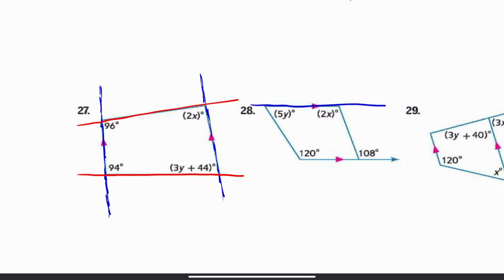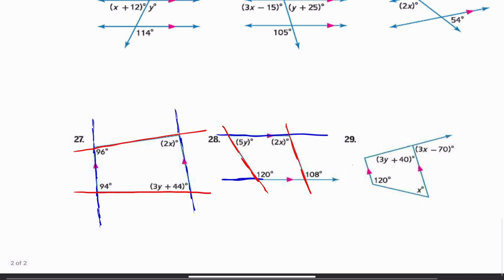So here are your parallel lines. And then it's going to be cut by 2 transversals. And then do that for, oops, that's not the parallel lines. And then cut by 2 transversals. Okay, so